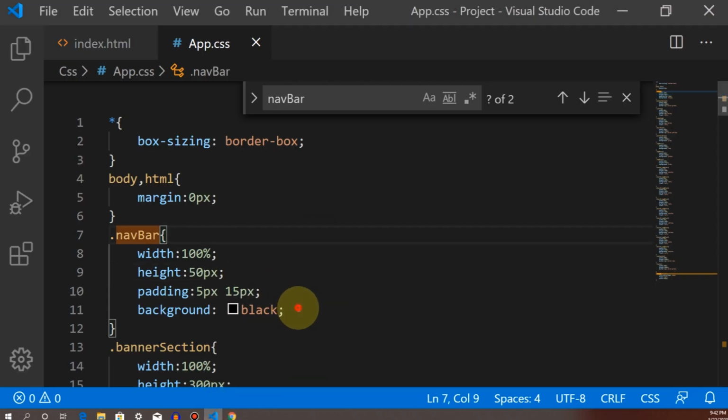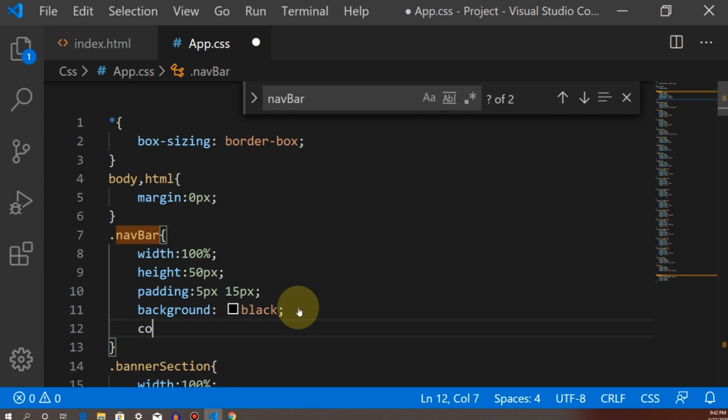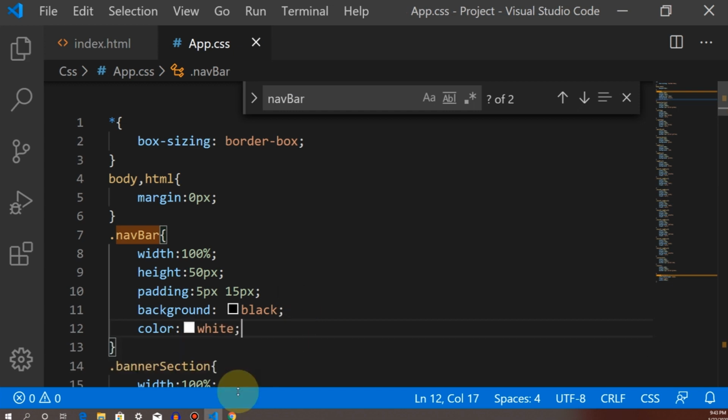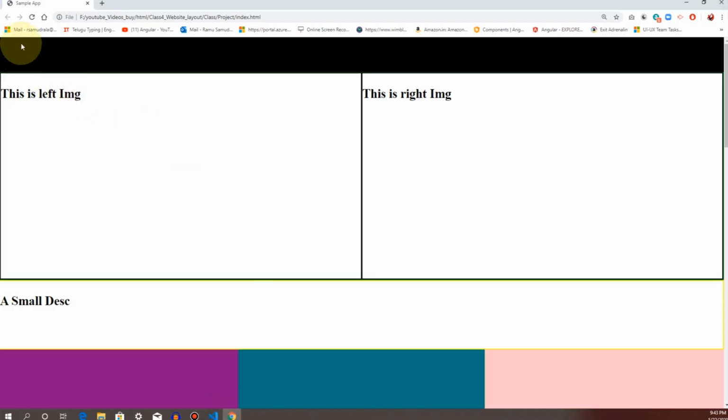So now color white. Okay, home, about, contact. When you mouse over each element, it should display as a link, right? But it's displaying like text only.